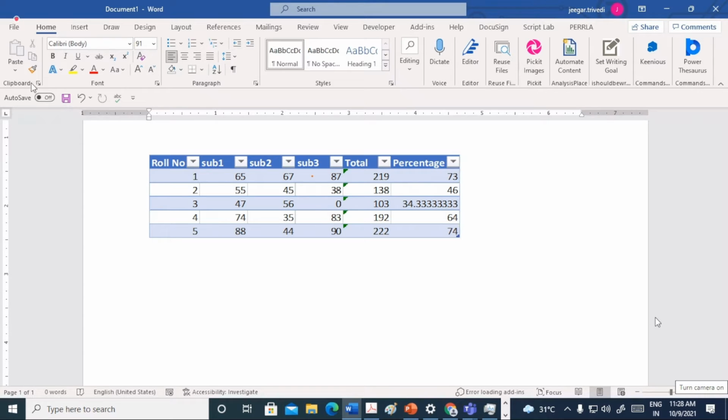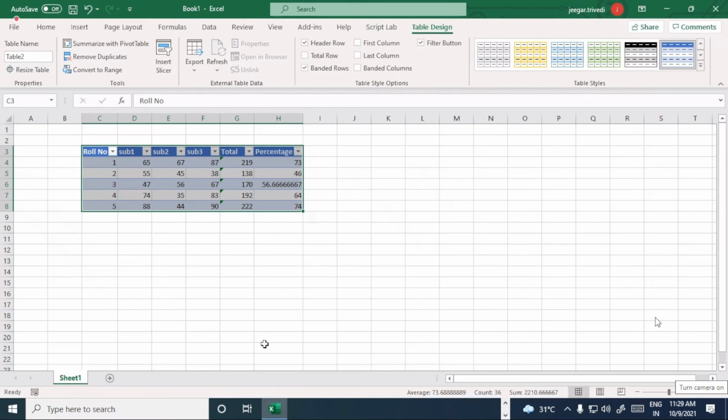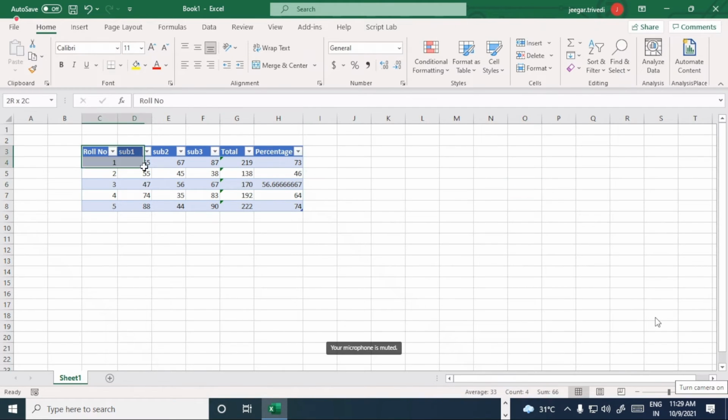So paste special, copy and paste is one of the most important features that is enhanced in Microsoft Office. Now suppose you don't want somebody to edit your table. This is my table and I am sharing my document with multiple people and I don't want them to change the values.